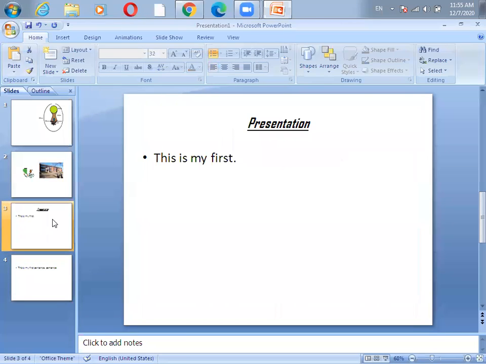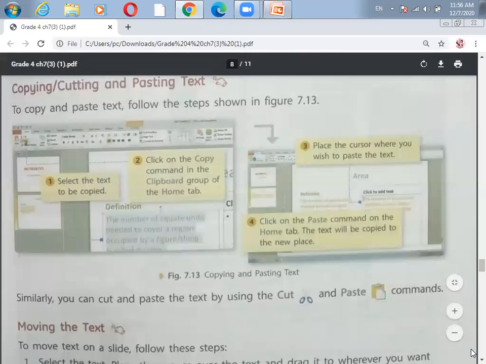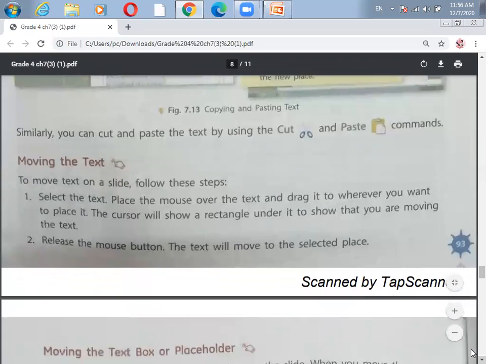Okay, in the copy option, we'll just copy that particular word or sentence, whatever the text is, and we just paste it at another place where we want to paste it. Okay, but this will not delete the content from the previous place. जहाँ हमारी previously वो दिख रहा था हमें, वहां से वो उसको delete नहीं करता है, but in the cut option we get that particular sentence deleted. Okay, so in this way we can cut, copy and paste that particular text.